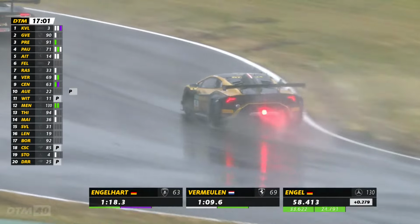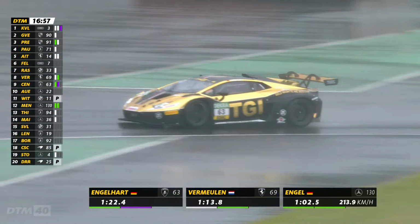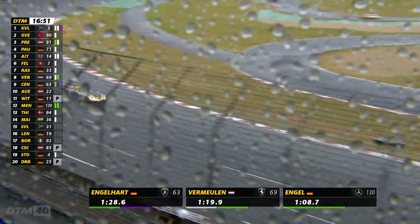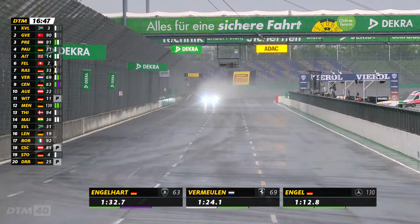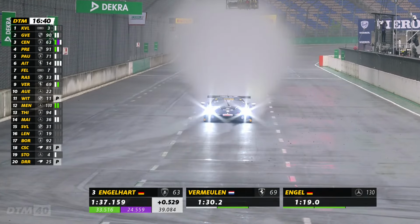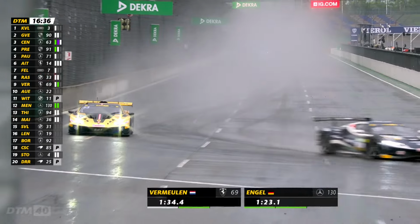But what about this from Christian Engelhardt? This is looking pretty tasty. Absolute best in the middle sector, a personal best in the first sector. It looks tidy enough, doesn't it, coming through the last few corners. He's about to wind things up coming out through turn 12 and point it now in a straight line. Try to see where he's going, because he'll get closer and closer to the tail of spray that's coming up off the back of the number 14 Ferrari ahead of him. 3rd quickest for Christian Engelhardt then, with a